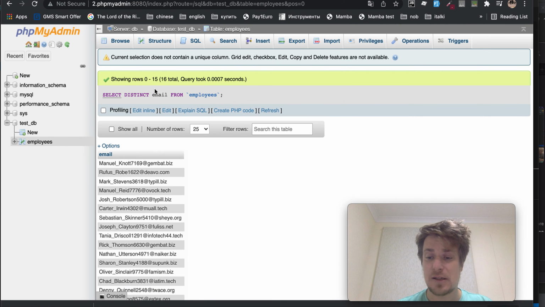Voila, we've got 16 emails, which means that our 16 rows represent 16 unique emails, which means that the job is done,